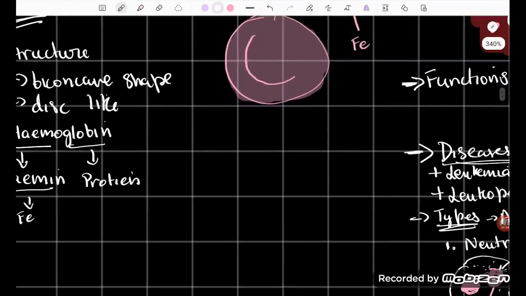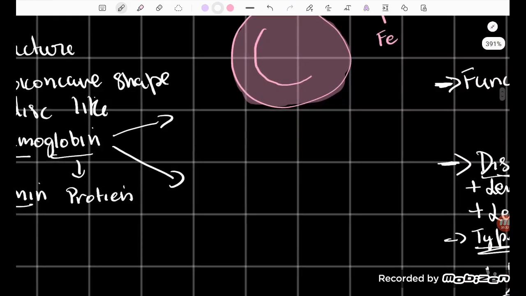The term hemoglobin can be derived from those two words, and then there's oxyhemoglobin, and